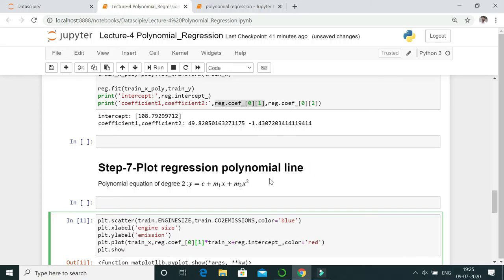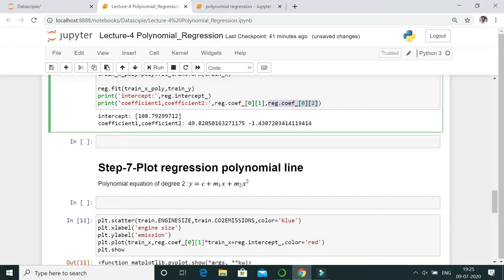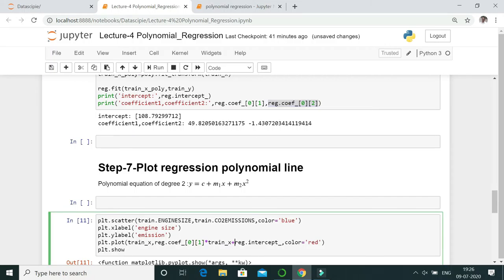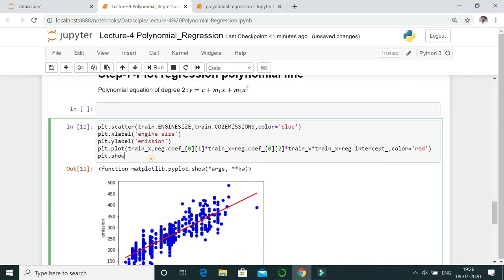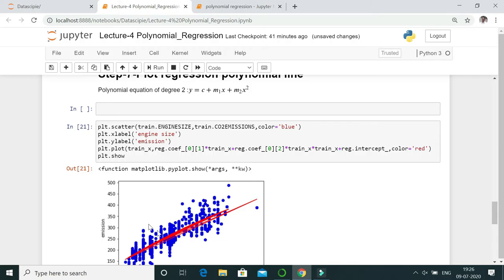Then replace m2 with regression coefficient 0,2, paste it, and train_x again, squared. Then the regression intercept is the same. So when we plot this line, what do we get? We are getting this scatteredness.